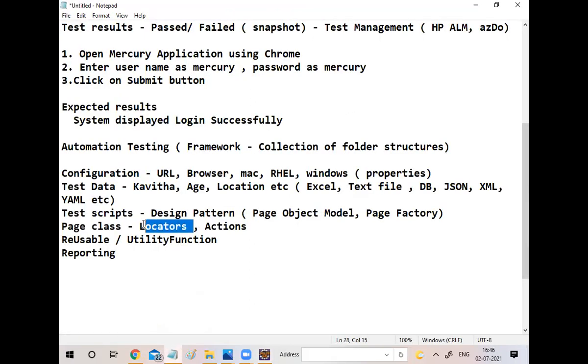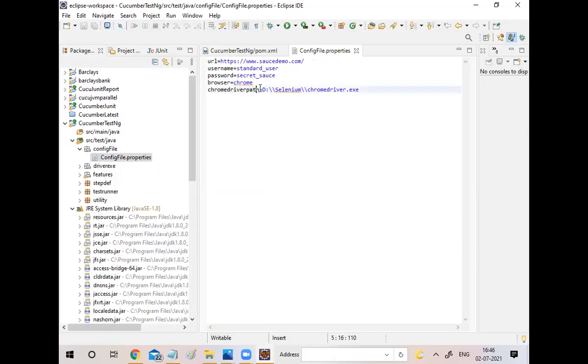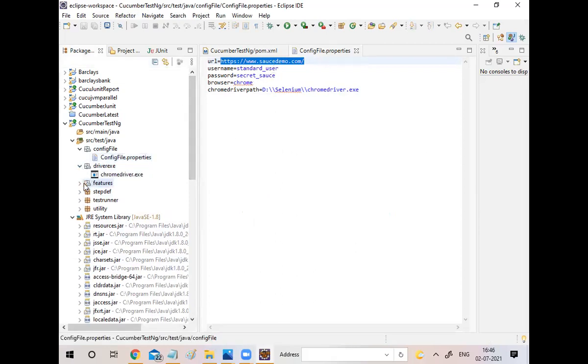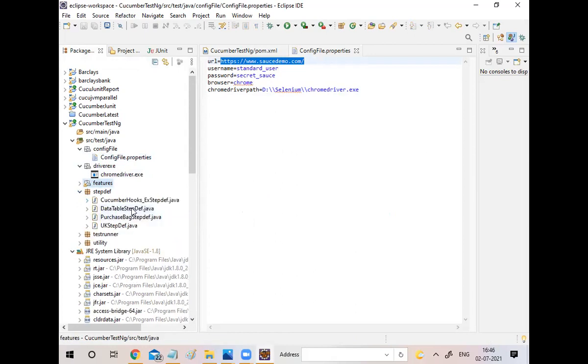My locators, whatever locators I put in the program, are everything related to the particular site only. The SAS demo is one particular site. I have written the program and the locators, everything. I'm just going here.